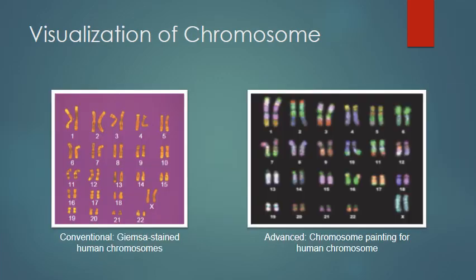Now the question arises, how do we see the chromosomes? Excellent non-fluorescent staining techniques have been developed to visualize the chromosomes. The most popular of them uses the Giemsa stain. It is a mixture of dyes named after its inventor, Gustav Giemsa. It creates a reproducible pattern of bands on each chromosome.